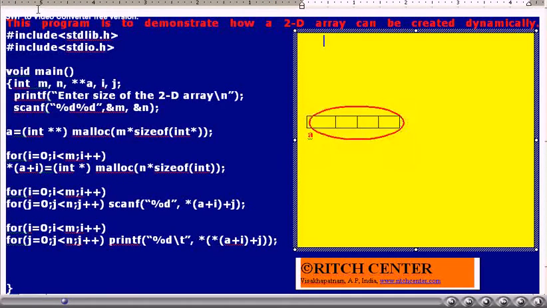M and N are read. We assume that M and N values are 4 and 5. Thus, first we create an integer pointer array by calling the malloc function such that it contains memory sufficient to store 4 addresses.